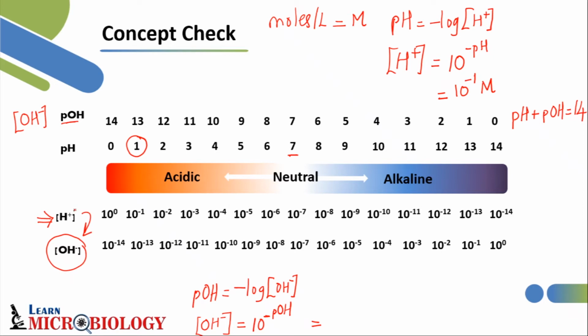Now you can also find out the OH minus ion concentration from the provided hydrogen ion concentration. That is, if in the question you have been provided with the hydrogen ion concentration and are asked to find out the hydroxyl ion concentration, how will you do that? You have a formula for that: the hydrogen ion concentration times the hydroxyl ion concentration is 1 times 10 raised to minus 14. So in case you have been provided with any one of them, you can find out the other very simply using this formula.